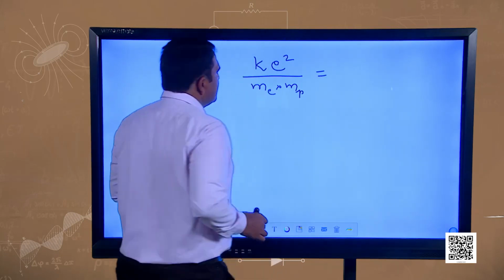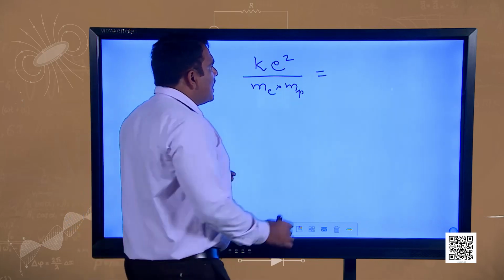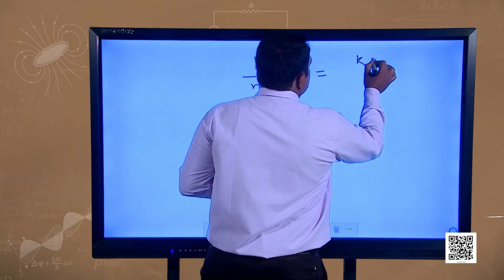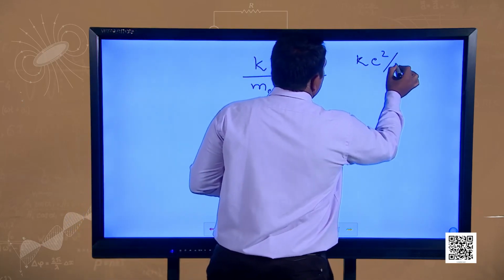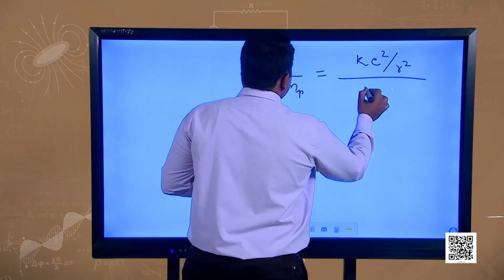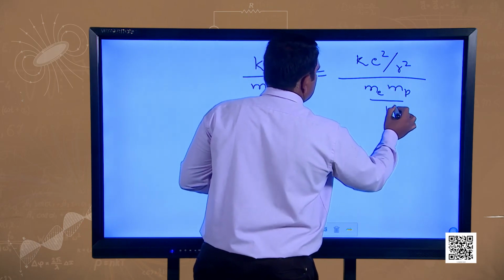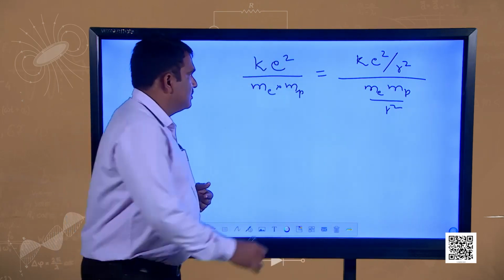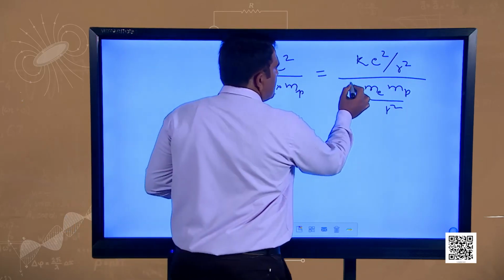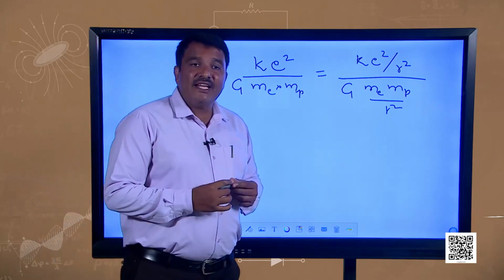You just divide the numerator and denominator by r square. If we divide the numerator by r square and the denominator by r square, then we can easily observe that